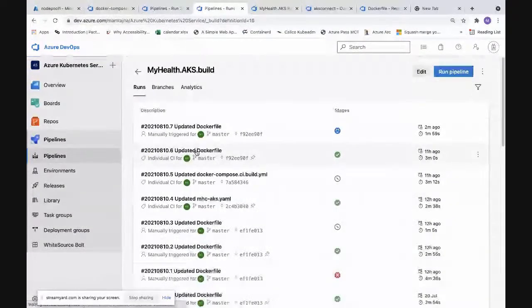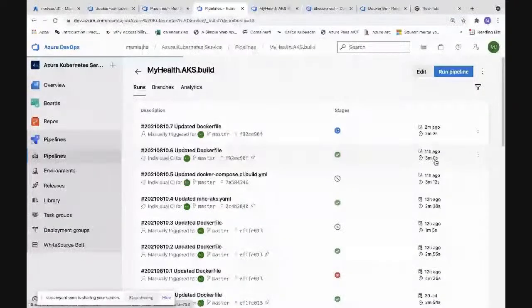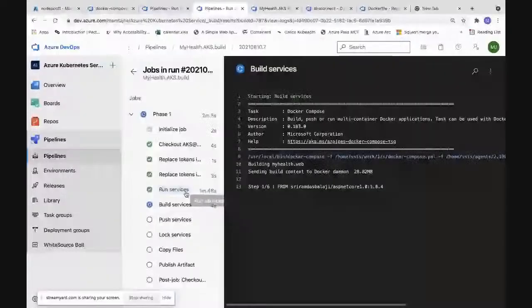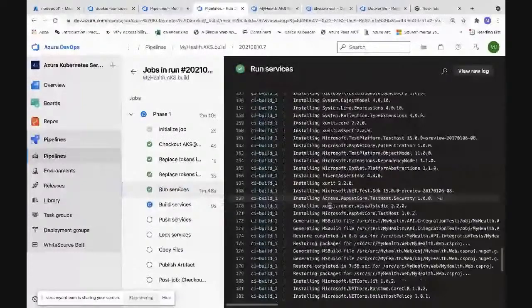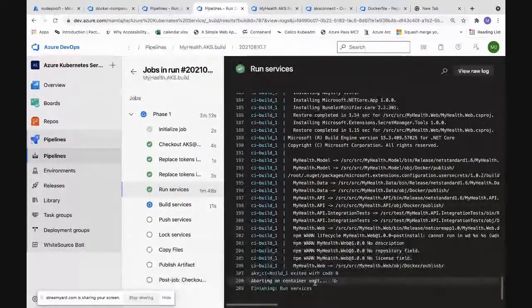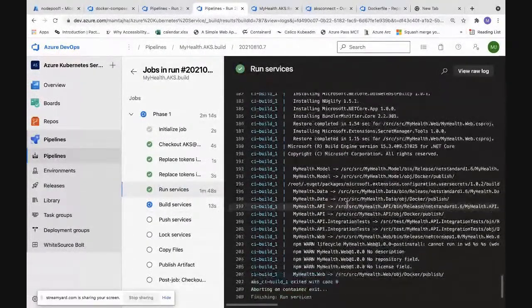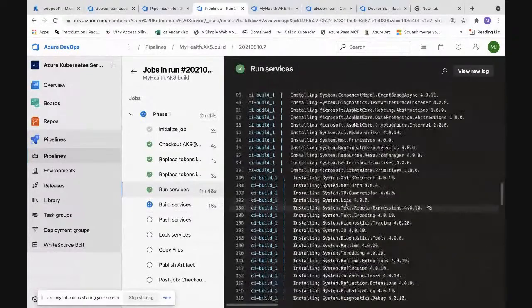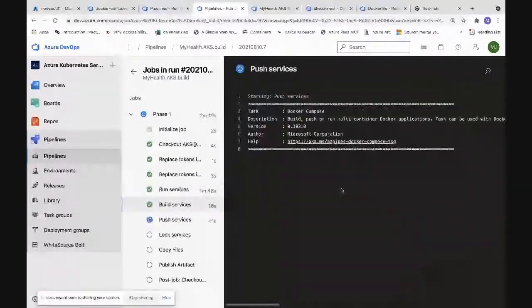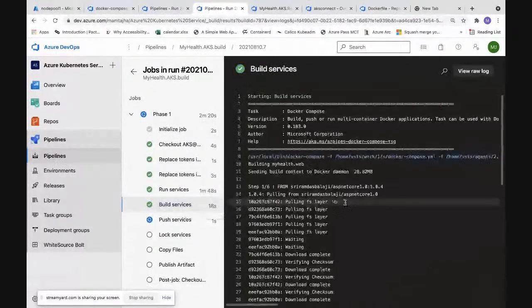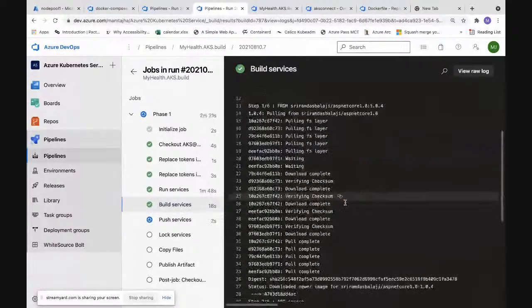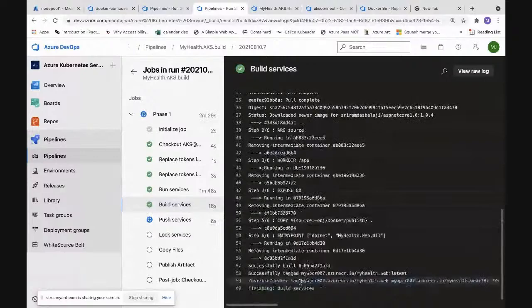This is ongoing. It takes around 3 minutes to build. You see here, it had taken 3 minutes last time. This is done. Here it has executed and you can see here, it has built the .NET application. Now it is building up the image. This task is also done. It has executed the Docker file and it has produced an image.